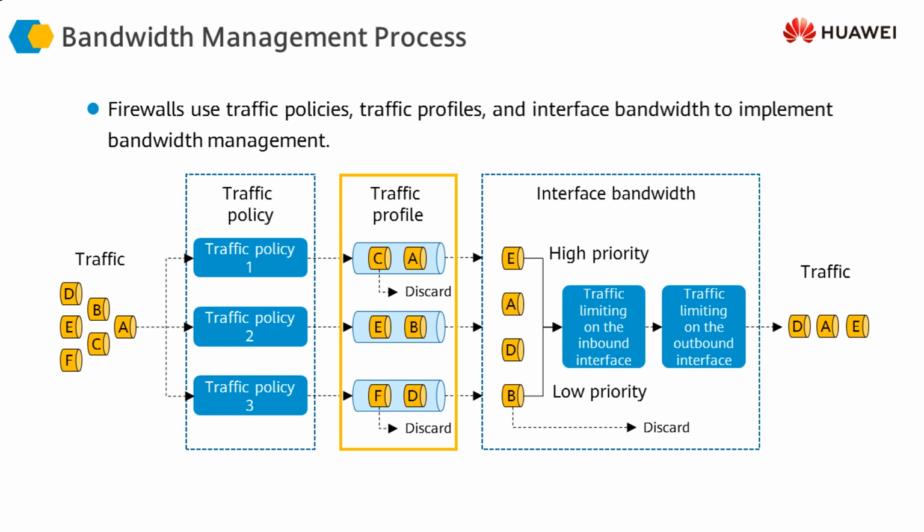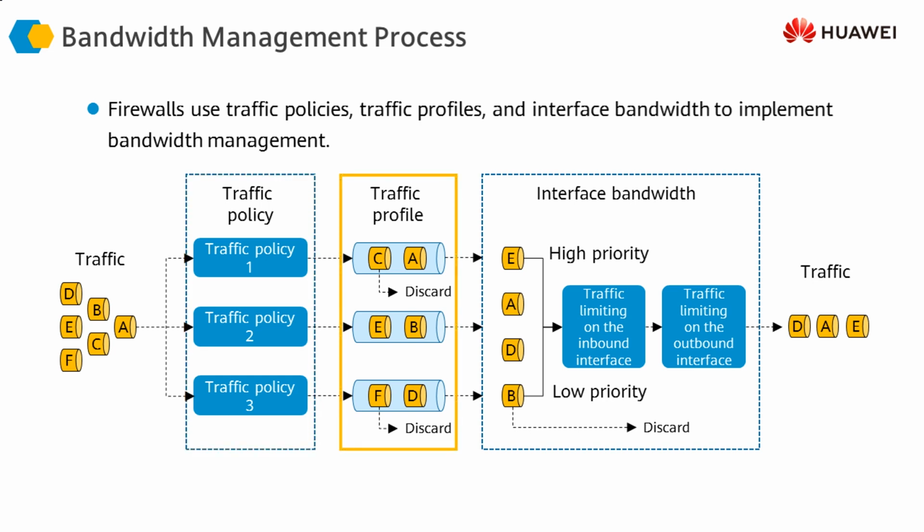We are going to look at these features in detail one by one, but I'll just give you an overview of these features here in the slide. The first feature, or the first step, is that of traffic policy. That means that we classify the traffic, or we divide the traffic across different types of traffic by using the traffic policy. When we use traffic policy, we are actually dividing the traffic into different types of traffic based on whatever we have configured in the policy.